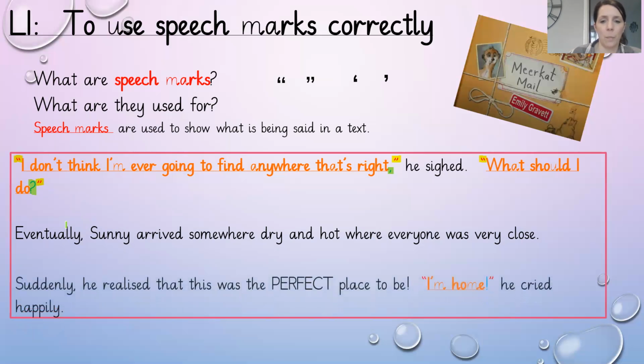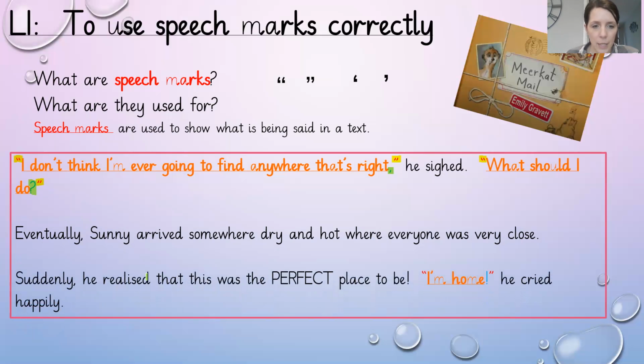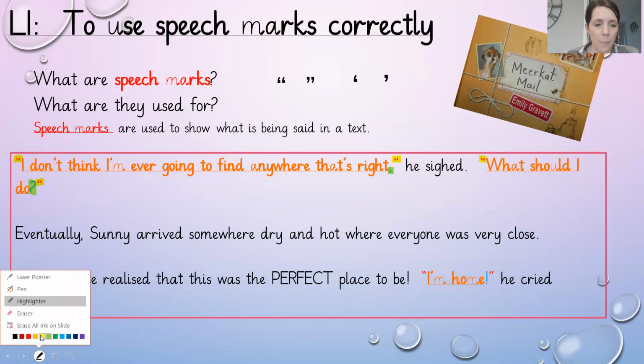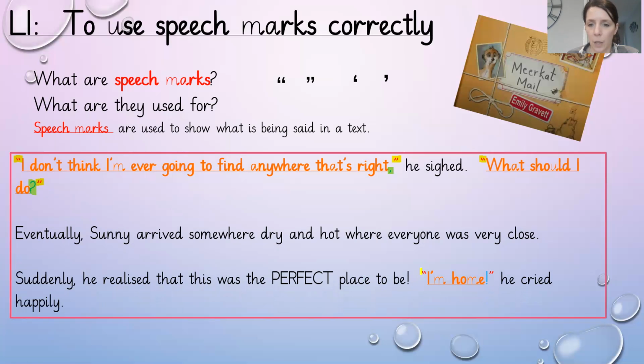And then there's another example here. Suddenly he realized that this is the perfect place to be. "I'm home," he cried. So this is what he's saying. So we open it where he's saying it, and then we close it. But before the close of speech mark, there is some punctuation, so there could also be an exclamation mark. Okay, so